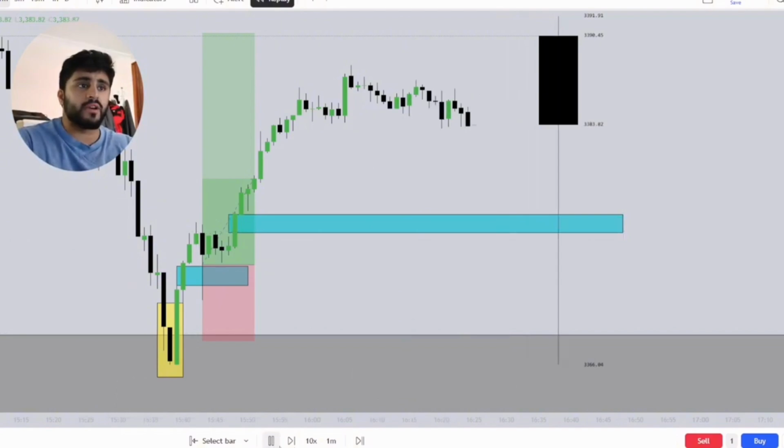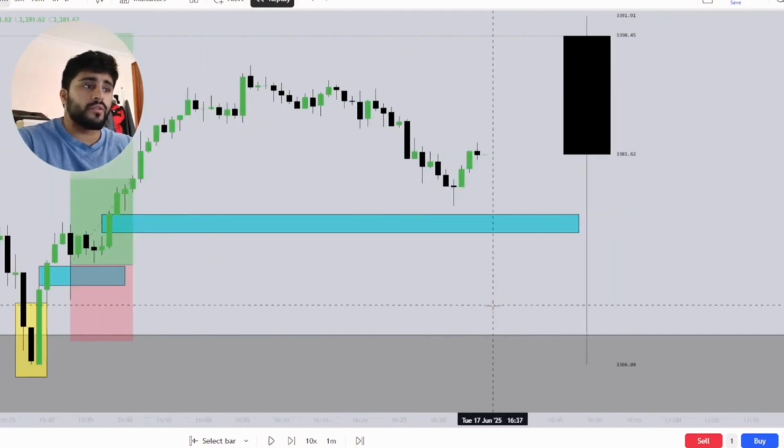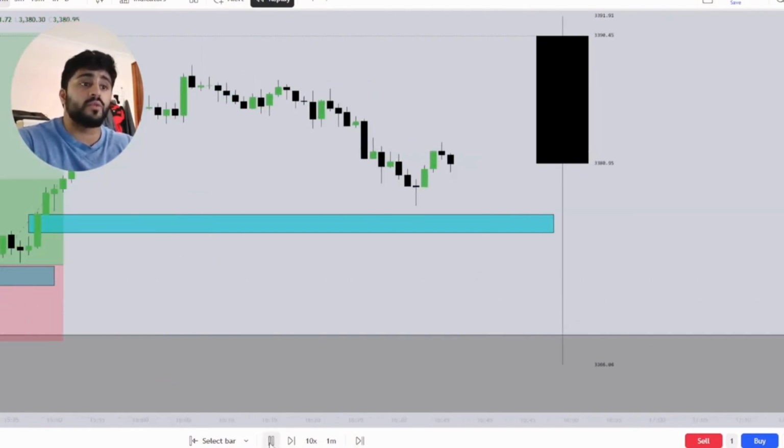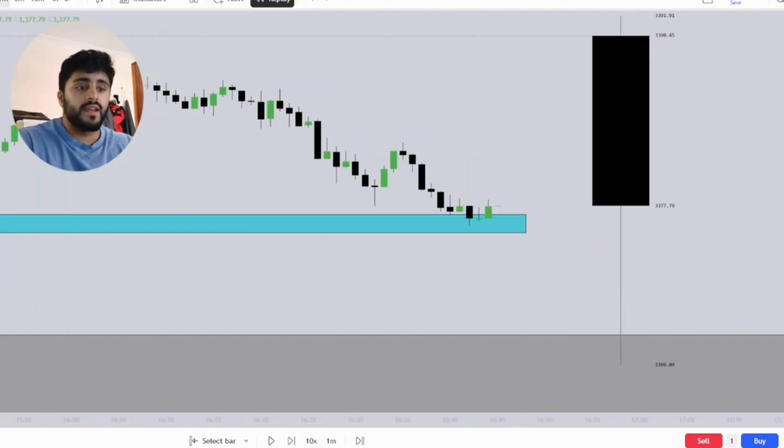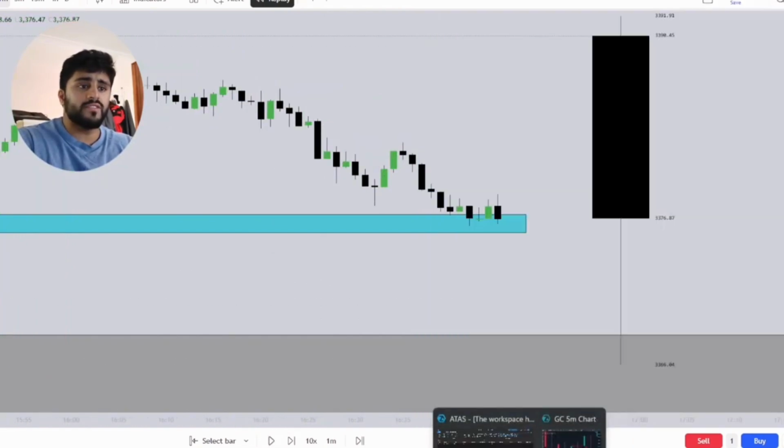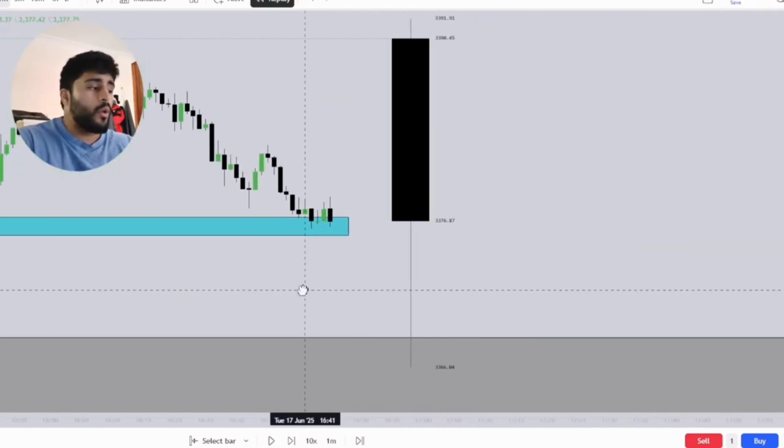So when we just kind of play price on a little bit, we can use order flow to confirm our trades, right? We can use order flow as a confirmation. And that's what we're going to do over here, right? So if I just kind of bring this over, when price comes in